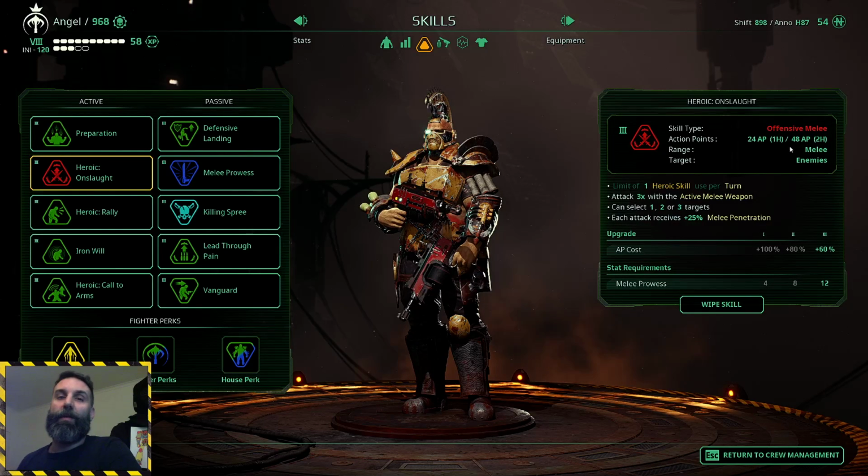But after you've done a reload or repair, you get half cost to your next melee skill, so it only costs 24. So basically you spend either 5 to reload or 10 to repair, and then you get this for 24, so you save 24 AP. And then you can only do that once per turn because it's a heroic skill, but then you can attack with 2 hands, which is normally 30, but you'll be doing it for 15,